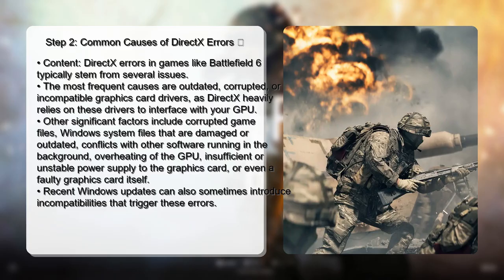Step two, common causes of DirectX errors. DirectX errors in games like Battlefield typically stem from several issues. The most frequent causes are outdated, corrupted, or incompatible graphics card drivers, as DirectX heavily relies on these drivers to interface with your hardware. Other significant factors include corrupted game files, Windows system files that are damaged or outdated, conflicts